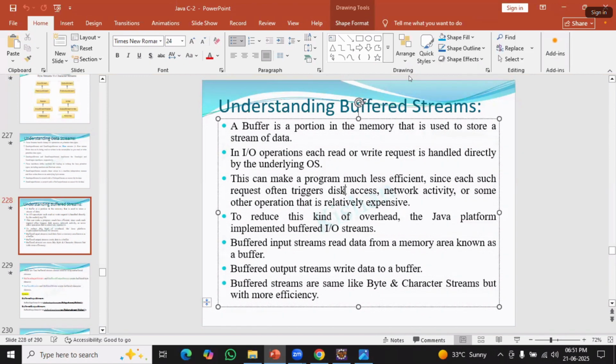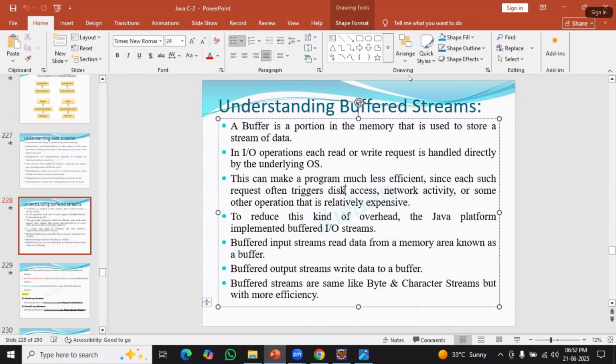In IO operations, each read or write request is directly handled by the underlying operating system, which makes our program much less efficient, because